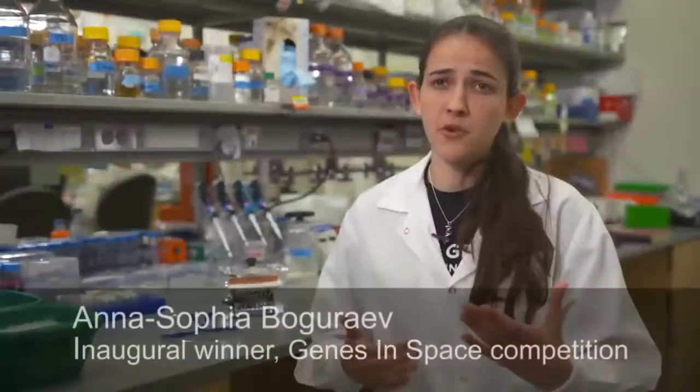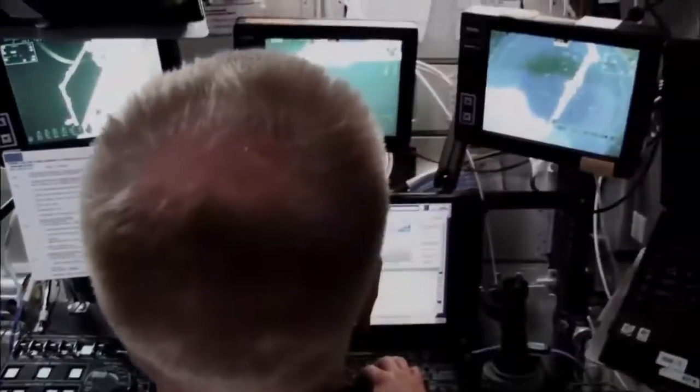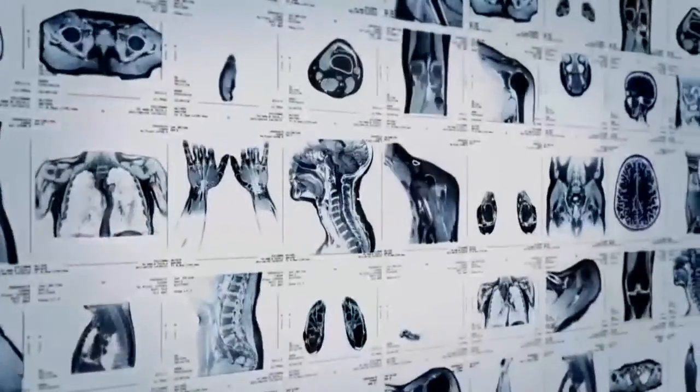For astronauts, especially if we're looking to do long duration space flights in the future, the International Space Station, while it's definitely far away, it's much closer to Earth, much more connected than a Mars mission or a deep space mission. So by understanding these markers, we can possibly then understand more about the immune system in space and